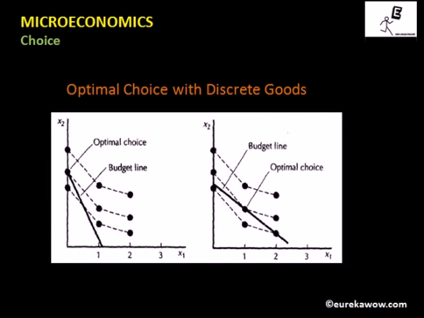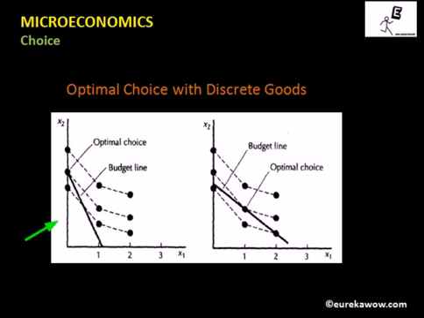Now in case of discrete goods, it's very interesting to study the optimal choice. Now first let's look into the left panel. What's happening in the left panel? The budget line is given and the indifference curves are given. Of course the indifference curves are not continuous, because in the case of discrete goods, the consumer can buy only integer quantities of good 1. Say good 1 is TVs, you cannot buy 1.5 television sets, and as a result the indifference curves are not continuous.